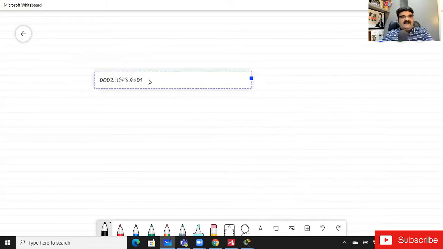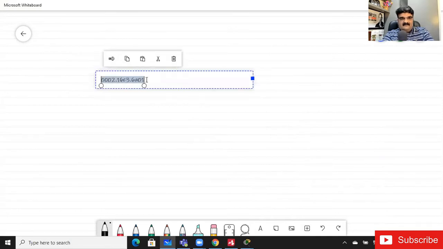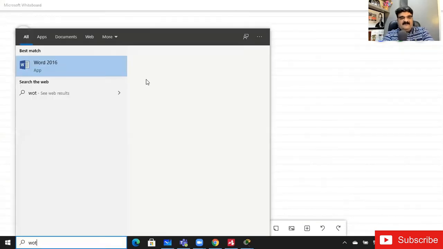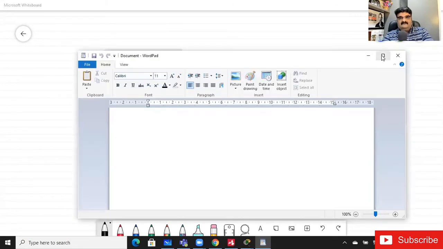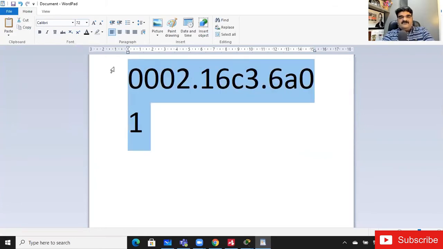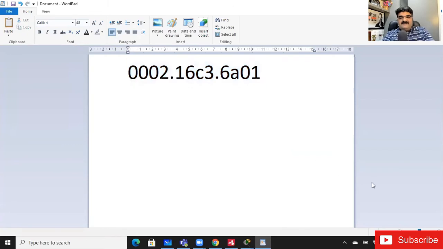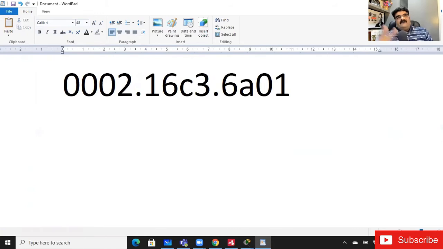Are you getting this MAC address? Wait a minute, I'm going to adjust this. Oh, wait. I'm going to open this in WordPad. Yeah. So this is my MAC address, and your responsibility is to convert this MAC address into the 64-bit EUI format.